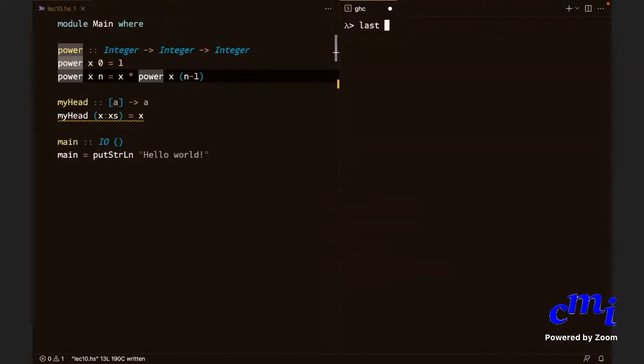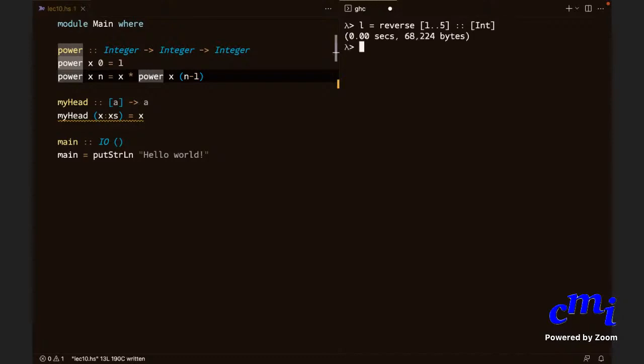Let us now say last of 2:L. That is 1. If I now say :sprint, no. There is one catch. I should define L to be reverse of [1..5] and of type Int.